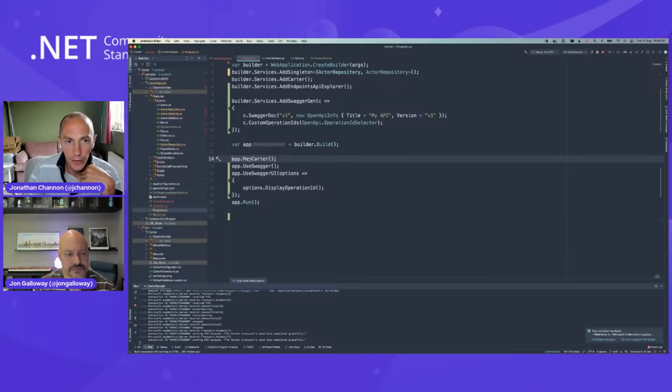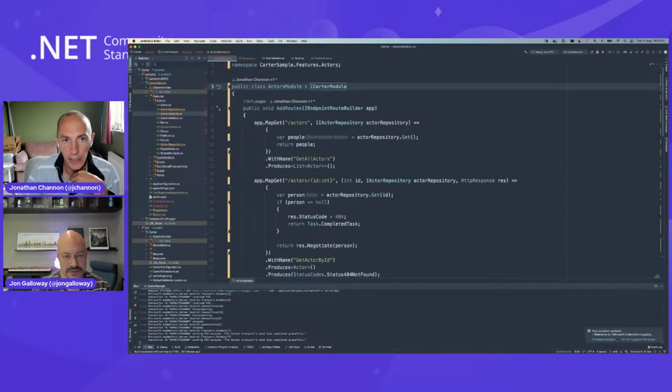You can manually wire them up if you wish. There's an extension and options in AddCarter, so you can say, I don't want you to do assembly scanning, I want you to explicitly register this route and this route. But rather than saying add customers, add products, add users, etc., if you've got one line which adds all your modules that implement ICarterModule, that tidies things up a little bit, should we say.